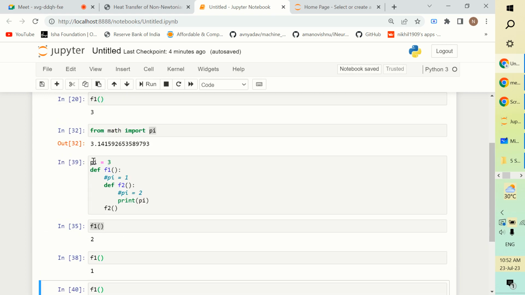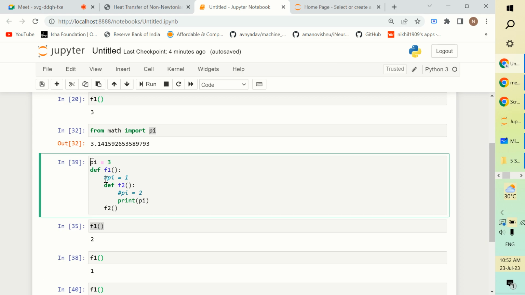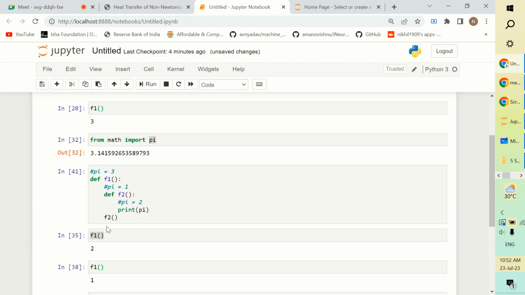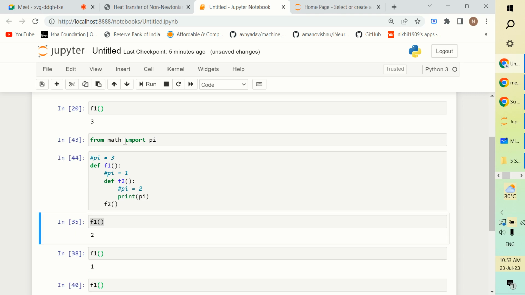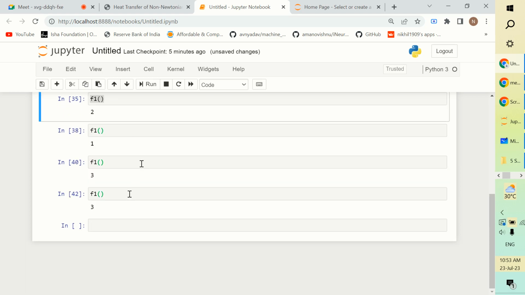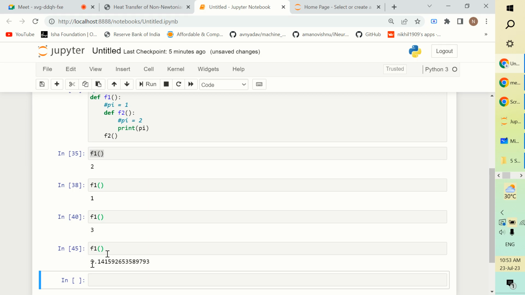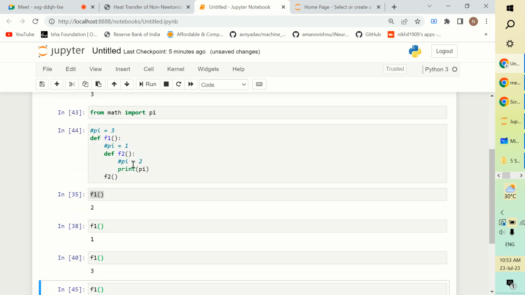Okay. Now I will comment this part also, and I will call the function f1 again. I'll run this, and this. Now this time I'm not getting 1, 2, or 3, but I'm getting 3.1459 and so on. Why? Because